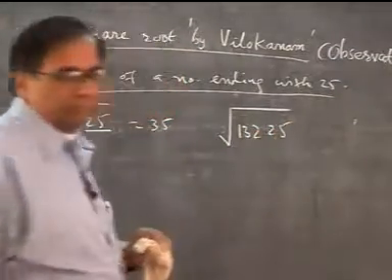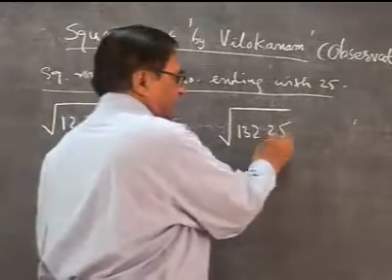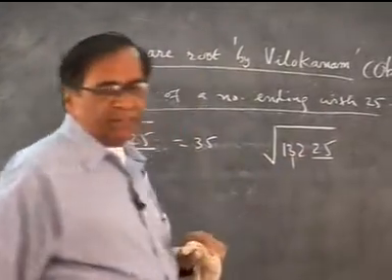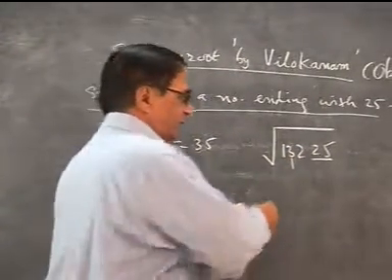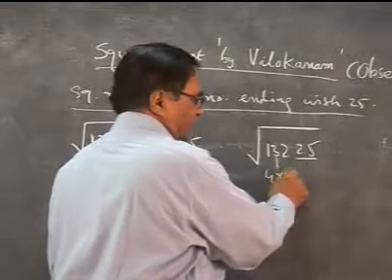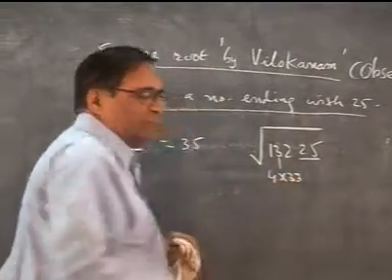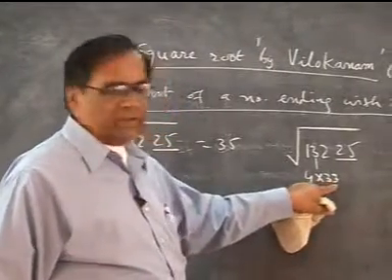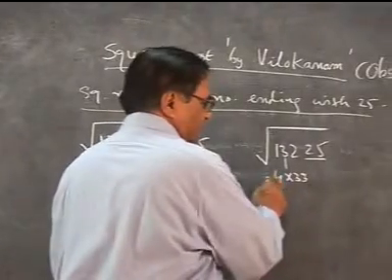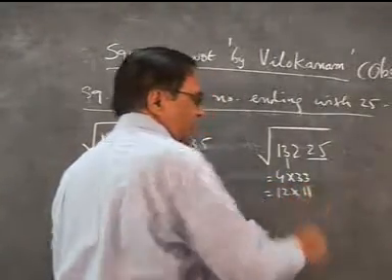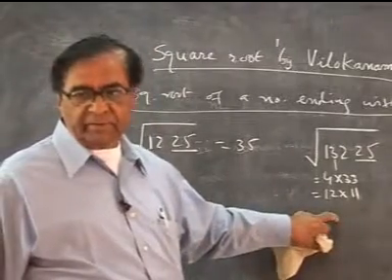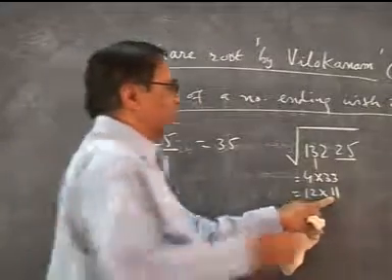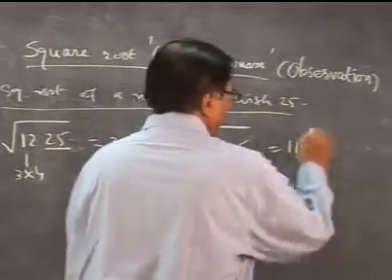Suppose find out under root 132.25. Neglect 25. Now you need to find the factors. So you can say this is 4, 4 3 are 12, 3. They are not consecutive. Take 3 from here, multiply it here. So it is 12 into 11. And you can see they are consecutive, 11 and 12. So the smaller of them is 11. You can say it is 115.